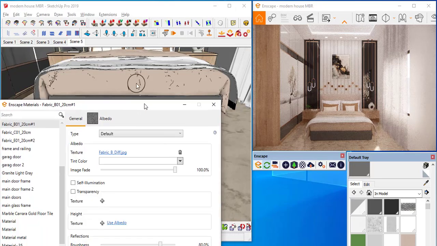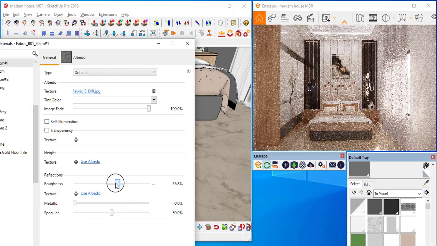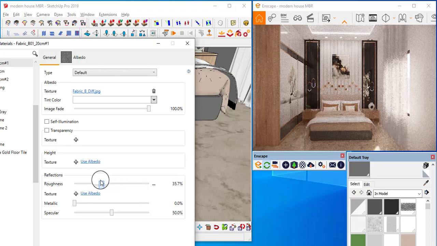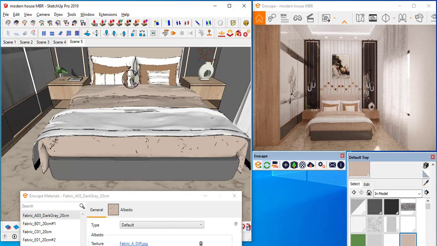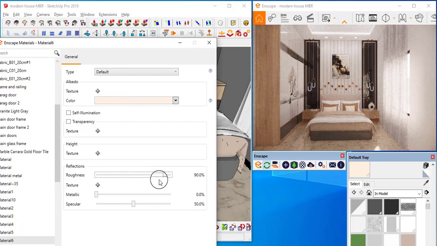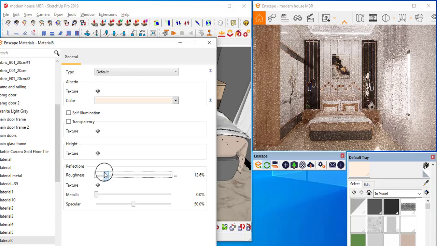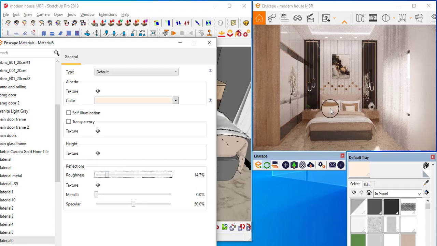Here this fabric material, right? I will increase a little bit of smoothness, so that some reflective effect, like silk type of materials, will get some reflectivity. That's why I'm using some smoothness on it. And similarly here also you can use the same, a little bit of roughness. Don't use too much, very little, fine roughness. And next on this, I want this to be reflective, right? I will use a little bit more reflective smoothness, so that some glossy effect will be created on it. Don't go too much, very fine.